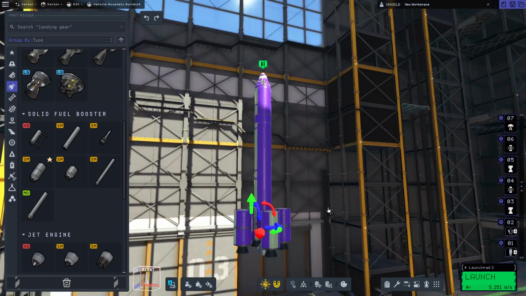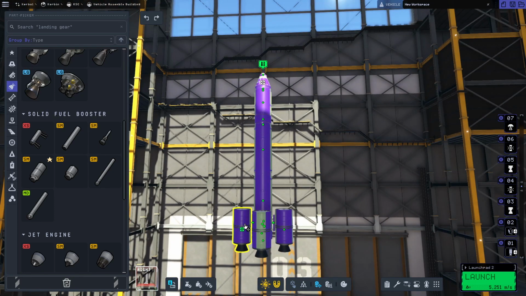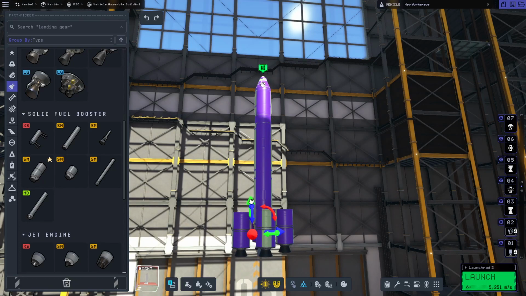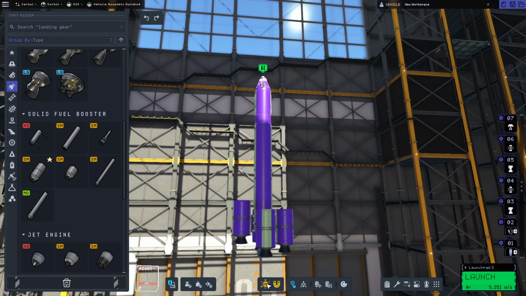So once again, instead of the booster itself, I'm going to press the 2 key, boom, and I'm going to click on the booster right there. I pressed the 3 key, sorry about that. You press the 2 key and then click the booster itself. And I can drag it down. Why is it not moving? Oh, because when I clicked this button, the third one, it changes